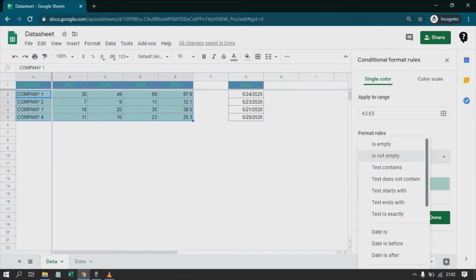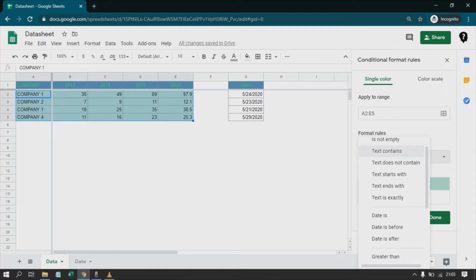Okay, there are some preset rules. Now as we know, conditional formatting, so as the word indicates, basis the condition the formatting will be applied. So these are some of the pre-configured settings. So if the cell is empty, if not empty, the set formatting will be applied. Then we have the text related conditional formats. Let's cover one from it.